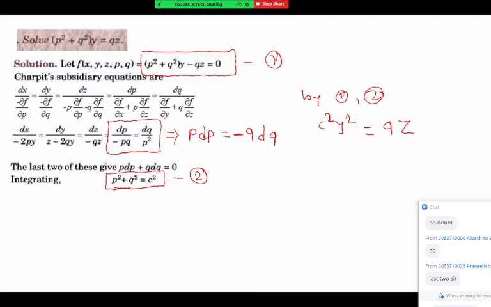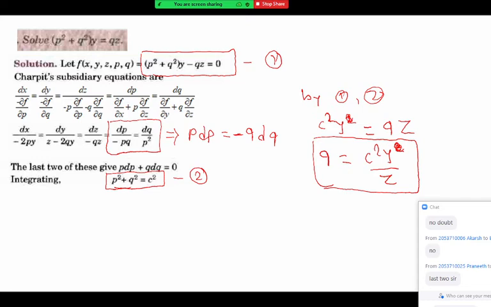So what is the value of q? We get q as c square y square upon z. The c square y should be there. Okay, c square y, my mistake. Very good observation. C square y is there. So we are replacing here c square. So c square y equal to qz. So q becomes c square y upon z. So we got q.